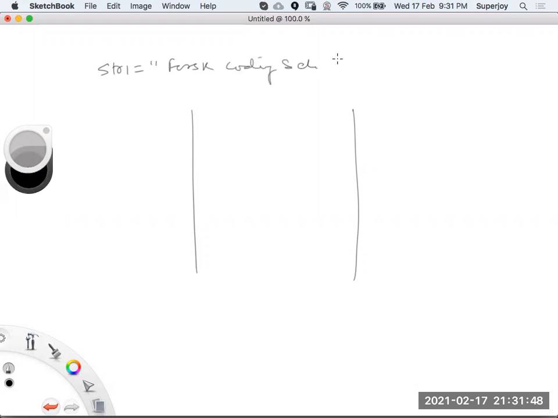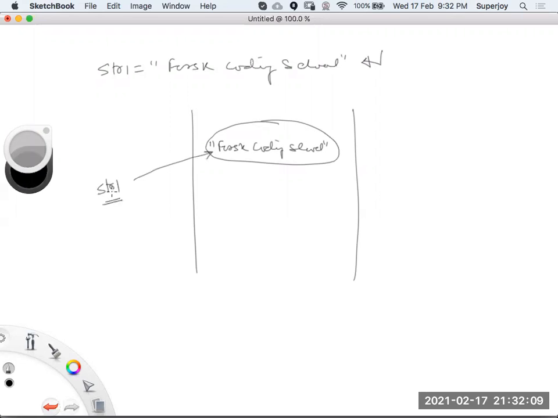As we execute this statement, a memory is allocated, and inside that memory this text is stored. Now we have a reference to this memory location with the name str1. So str1 is just working as a reference.